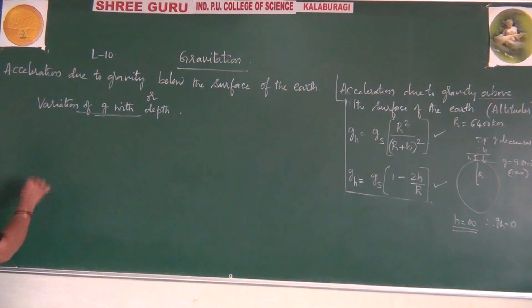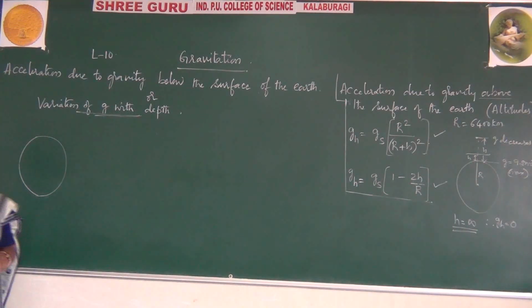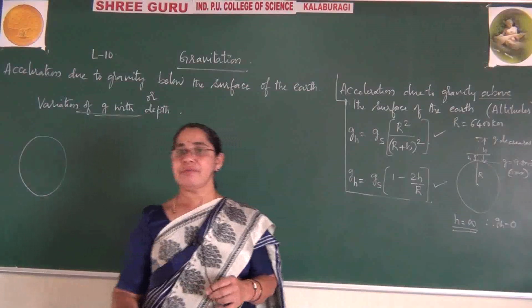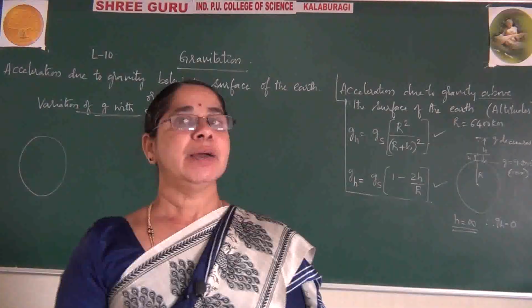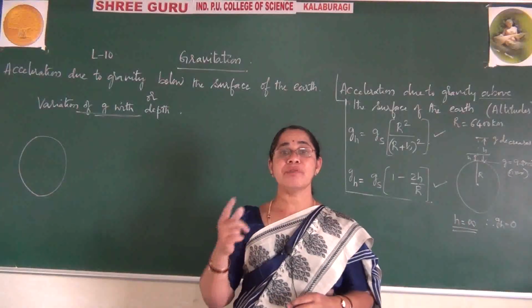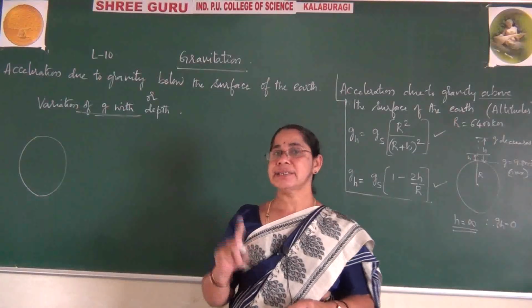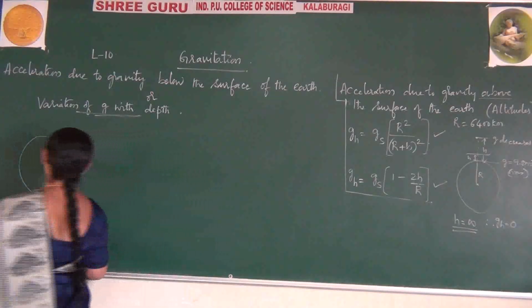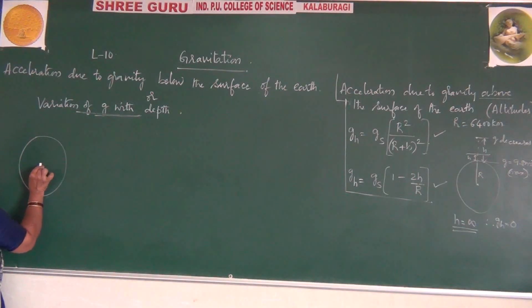Please observe. If I select the earth, this is the earth, you may feel why madam has drawn it just like a sphere. As and when we solve some calculations in physics, and particularly using earth, at that time we take the condition that earth is just like a sphere. But already from the beginning of this chapter you know earth is not a sphere, it is in the form of an ellipse. But remember, for calculations I am using this figure where earth is just like a sphere. So when I take the sphere, let me say this is the center of the earth.